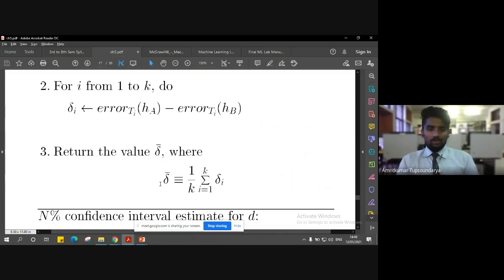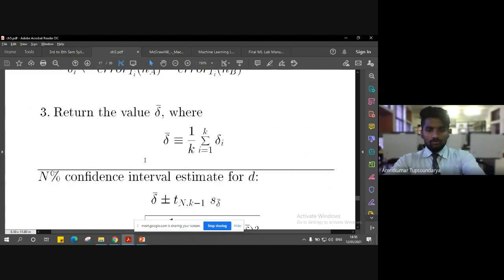Similarly, we return the mean delta value by summing all the delta values for all these sets divided by the total number of sets, which is k. So this way we have the average difference, the overall mean difference of the errors of two hypotheses.